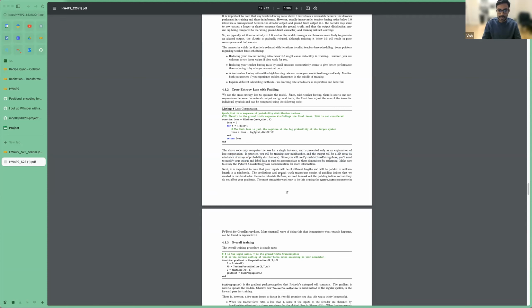Would my training time be affected by greedy or beam search? Yes, of course. And by the way, the idea is to never use beam search while training. Technically, no, your training time won't be affected by beam search. Your inference time will be affected by beam or greedy search, right? So beam search is obviously going to take a longer time